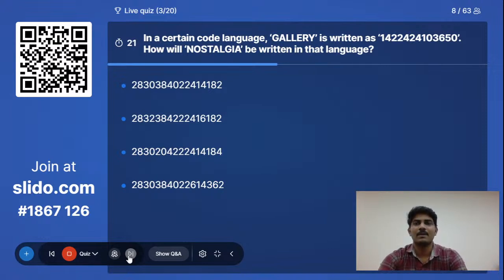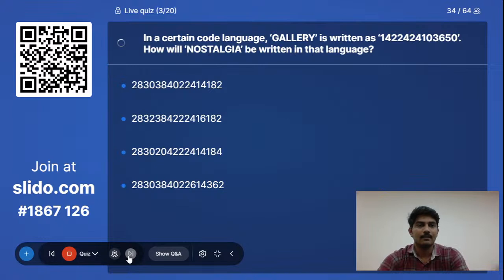So if you simply remember the opposite letters of the alphabet, you will be able to answer this question easily. That's why I recommend those who are in the session to try to remember the opposite place values of the alphabet and their positional values. Meanwhile, try to share this session with your friends so that everyone can utilize this opportunity.